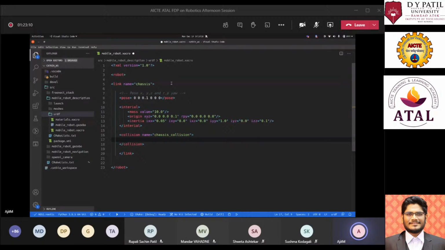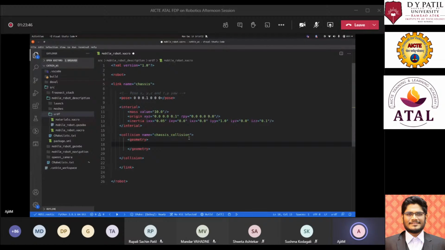Every link has a geometry attached to it, and every link has a collision geometry attached. That geometry could be a box, a cylinder, or a sphere. Now these are the primitive shapes which are present in Gazebo. Using these primitive shapes, we develop the robot.